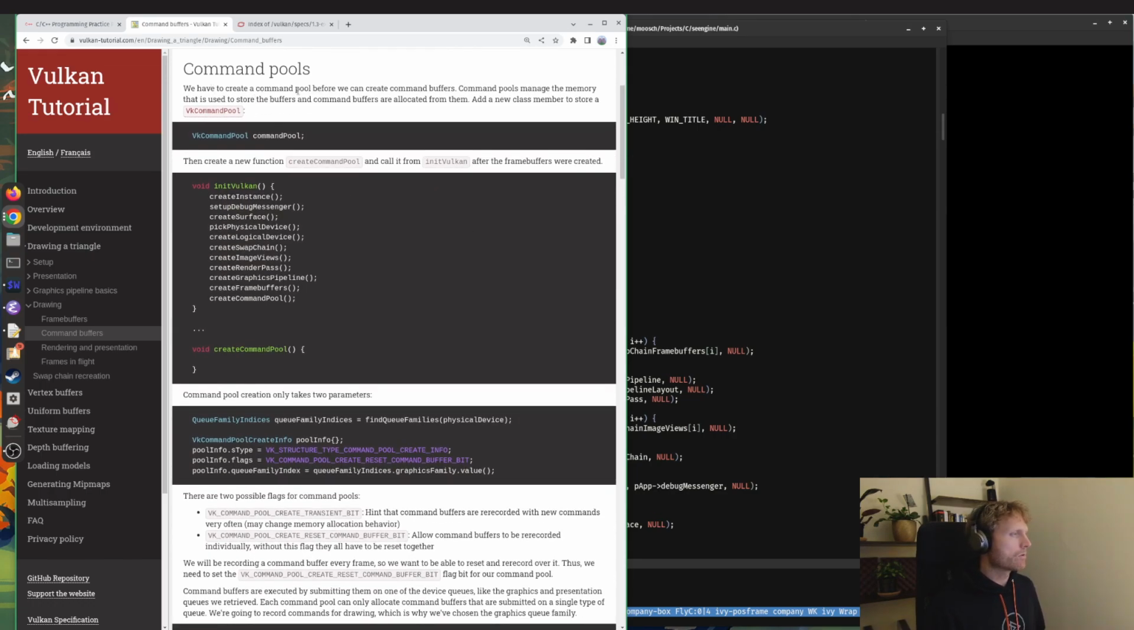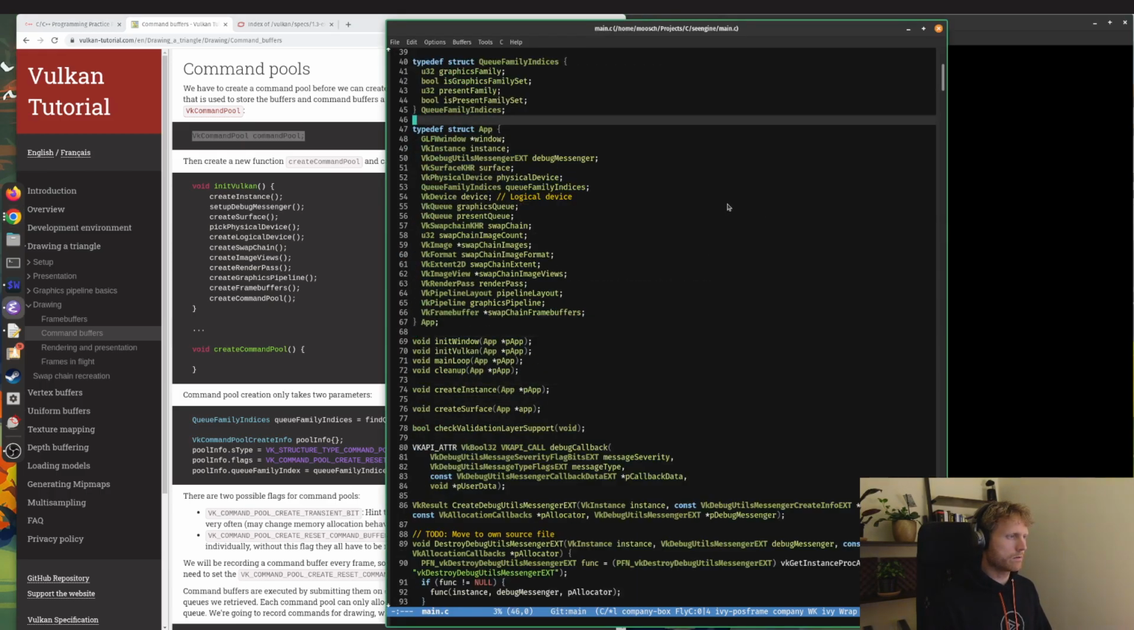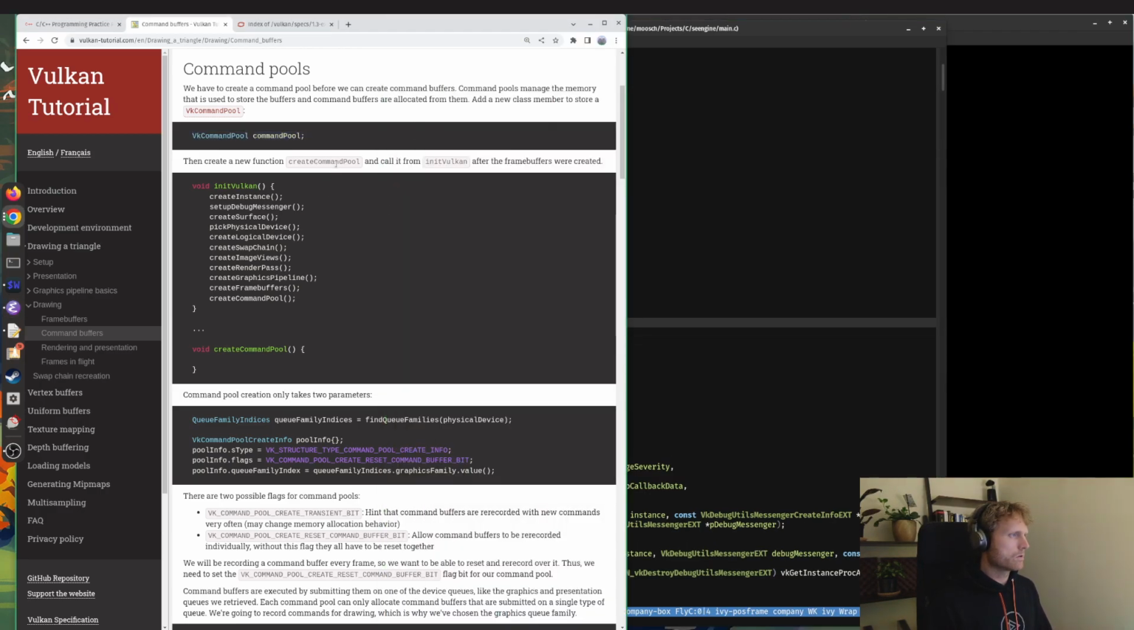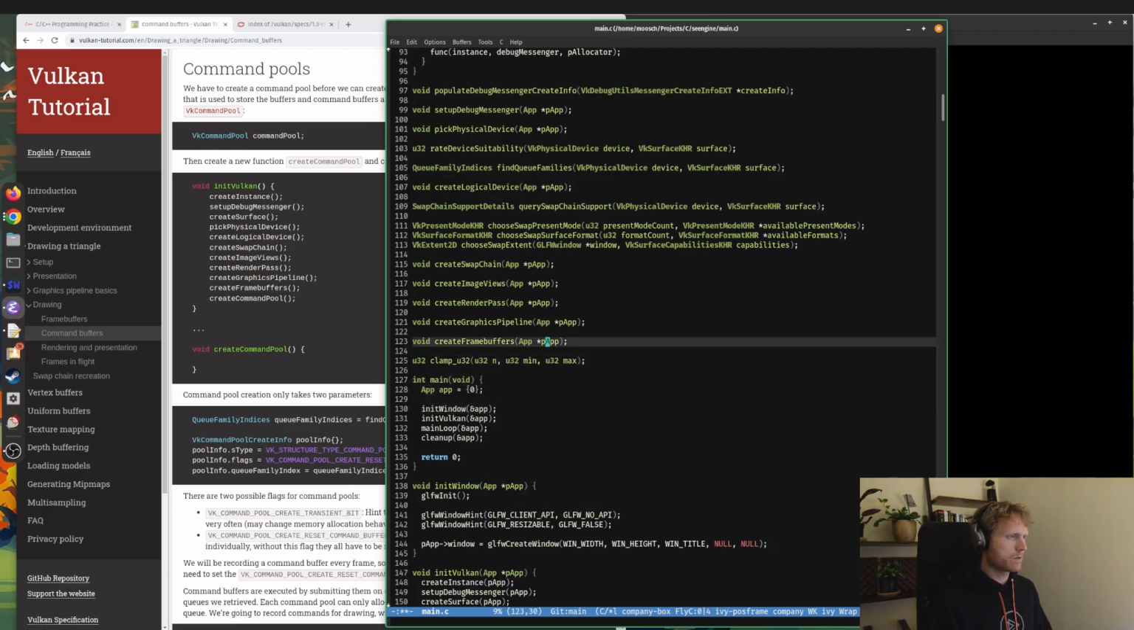Command pools. We have to create command pools before we can create command buffers. Command pools manage the memory that is used to store the buffers, and command buffers are allocated from them. Okay, and a new class member to store. All right. Let's go down here and create a new function called create command pool. We call it from within initVulkan. So we'll create our prototype real quick, down here,